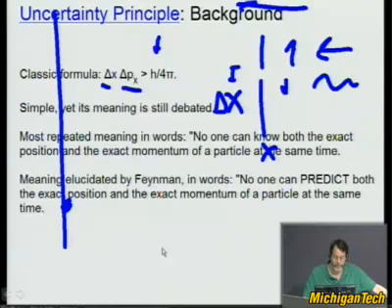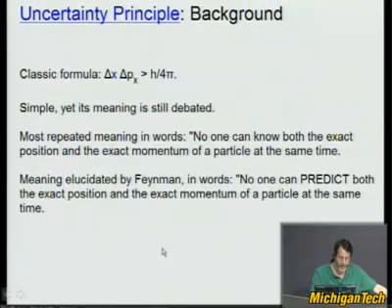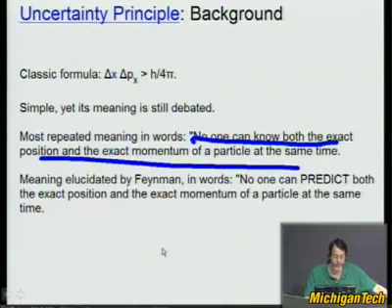So again, to requote, many times in physics texts I see quotes like this, not an exact quote: no one can predict the exact position and exact momentum of a particle at the same time. Well, you can't predict it is really what they should be saying more clearly. You can't predict both its delta x and delta p.